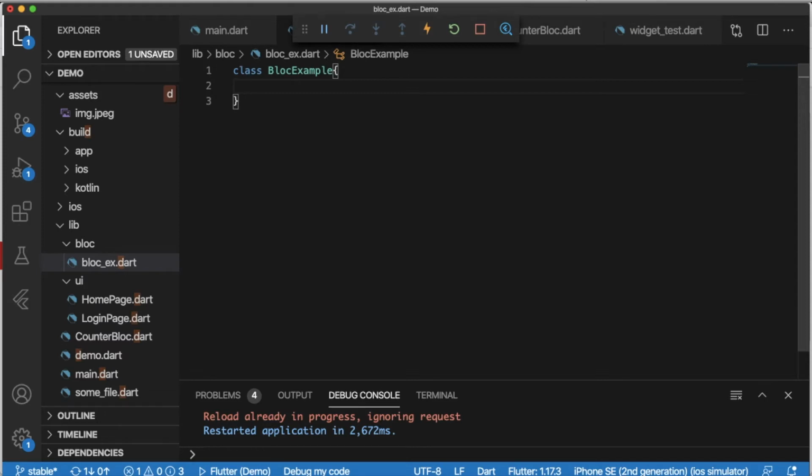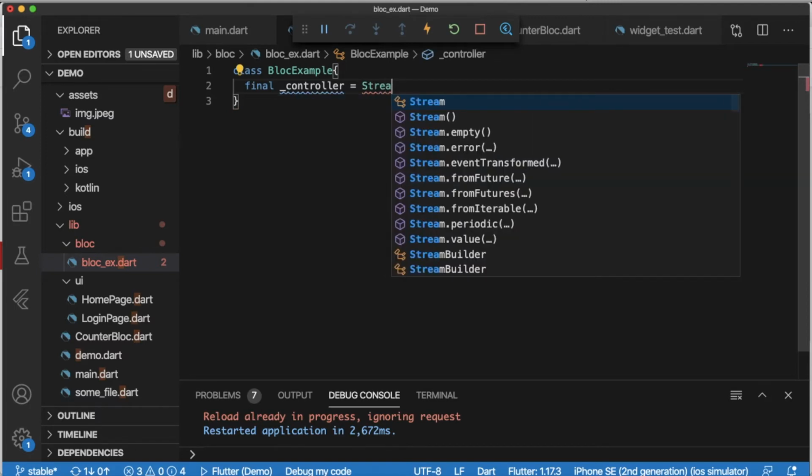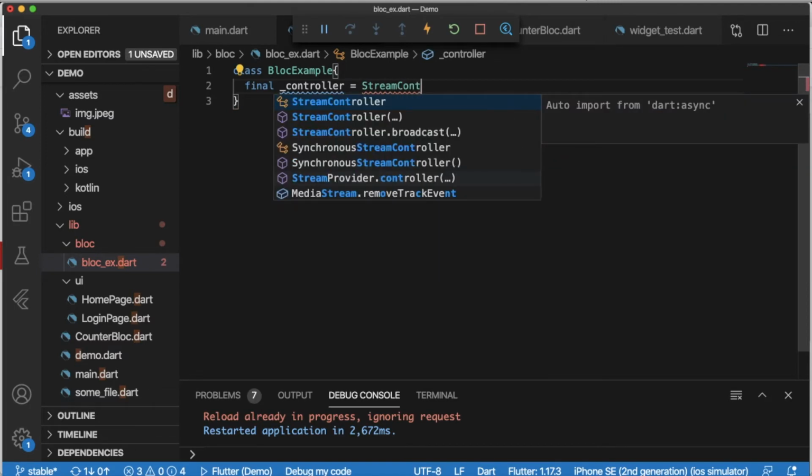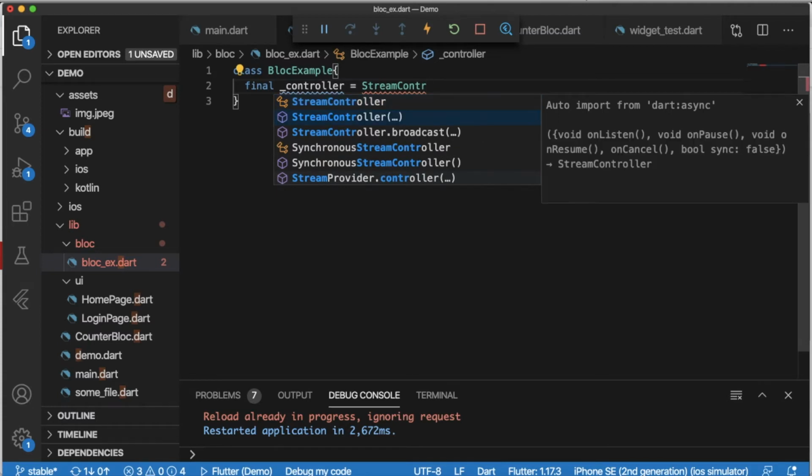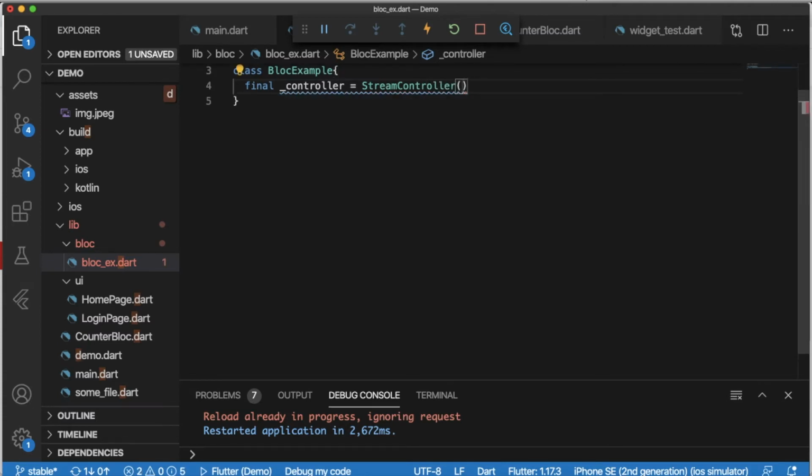As we have seen in the design, a BLoC class can have three parameters. One is the controller, right? So I will give it the name controller. Controller would be a StreamController.